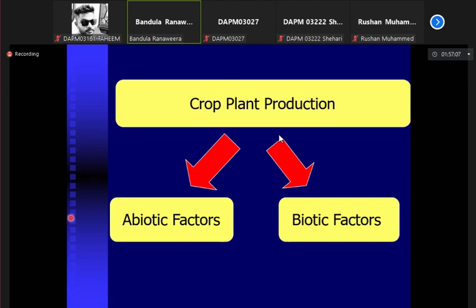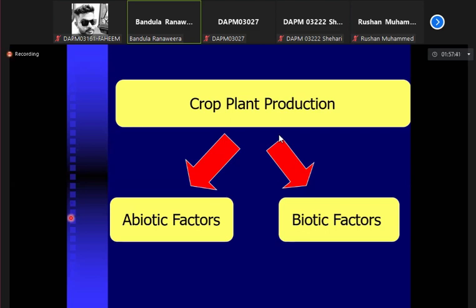So soil moisture content depends on water retention capacity. Sunlight, yes, of course. Wind direction, especially the wind velocity, carbon dioxide concentration, oxygen concentration, so many abiotic